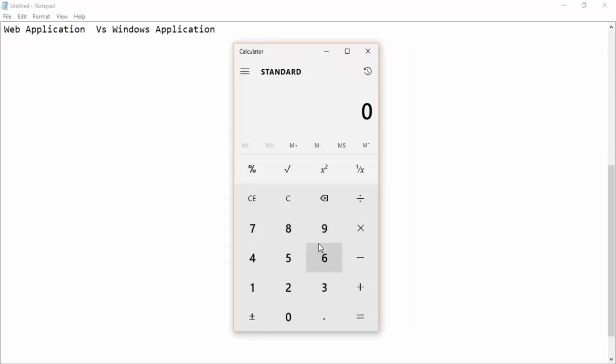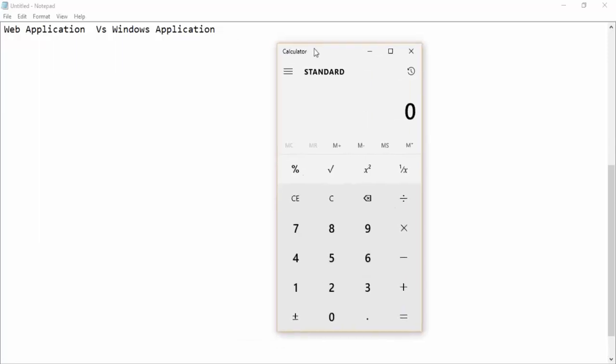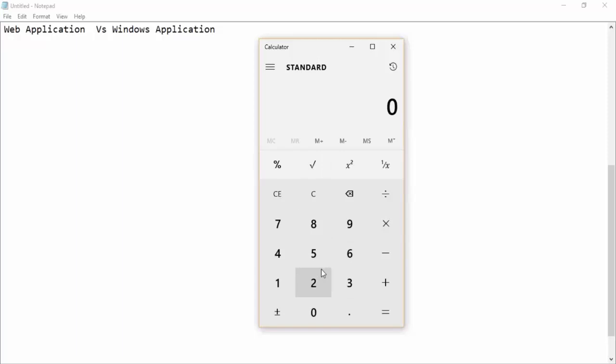So this doesn't require anything to run this application. It means that it is independent from all other things. So when you install something onto your computer, that will be a standalone application. You don't have to connect to anything, it should not need to be in a network, and should not require internet access. So this is called a standalone application. And remember that your client may ask you to come up with an application that is a standalone application.